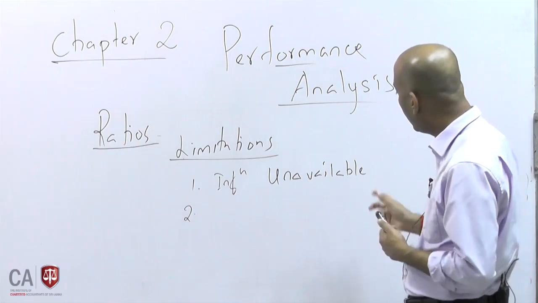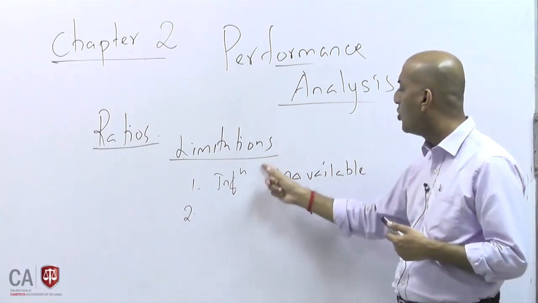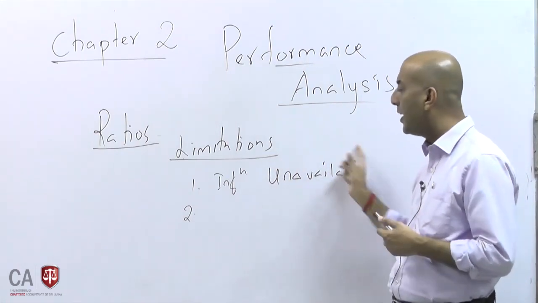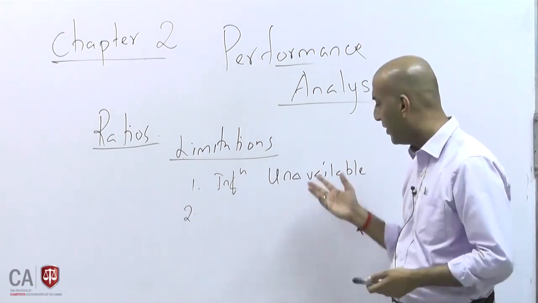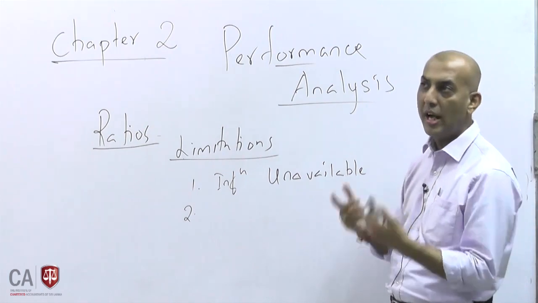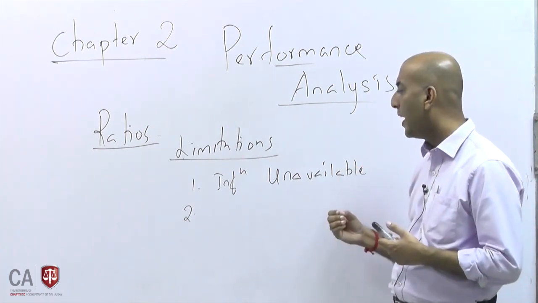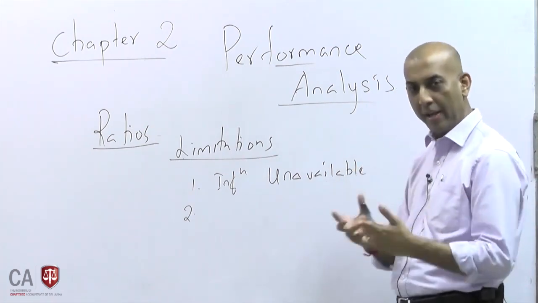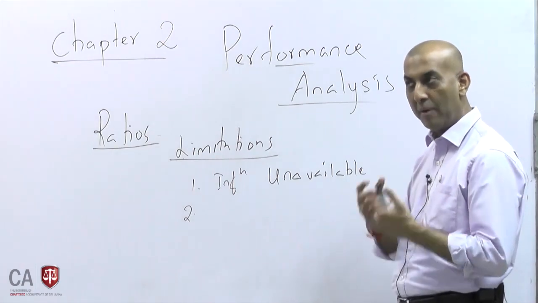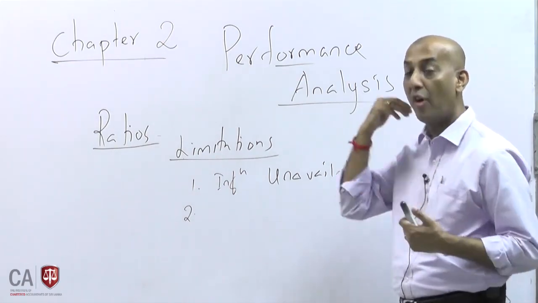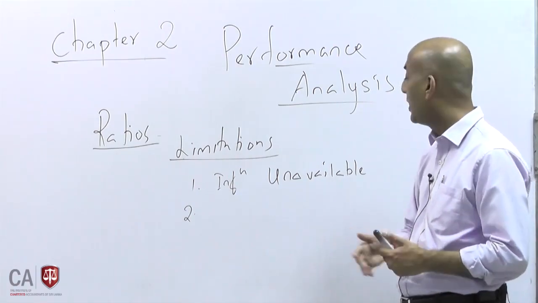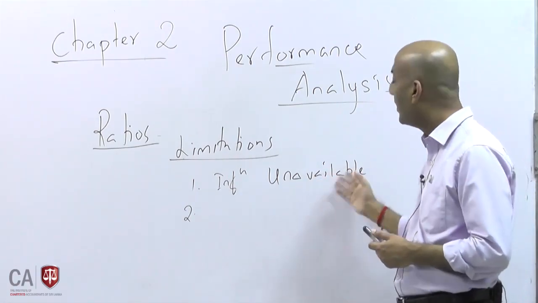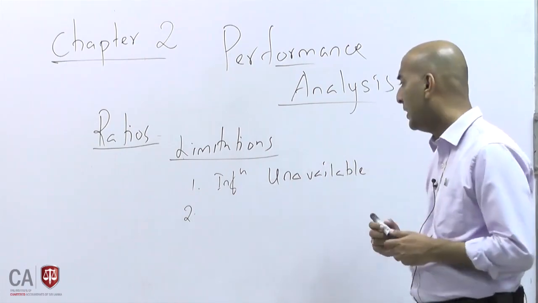So please note that there may be situations where information is unavailable for manufacturing or whatever product companies. At those times, you have to know that you don't have a way to compare your company ratio with somebody and say your company has performed better, or they have performed better. All that can be decided only if you have information. If you don't have it, there is a limitation. Second,